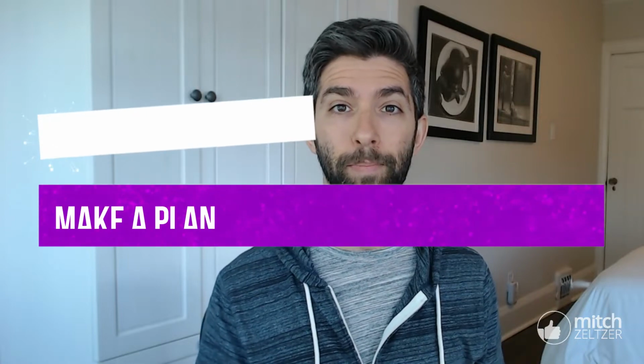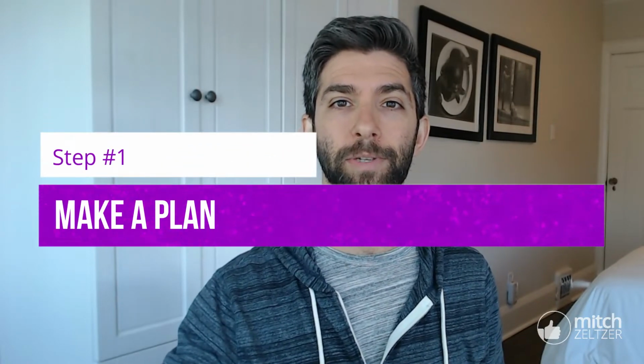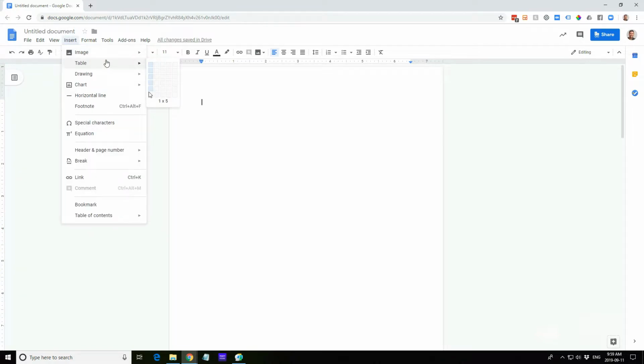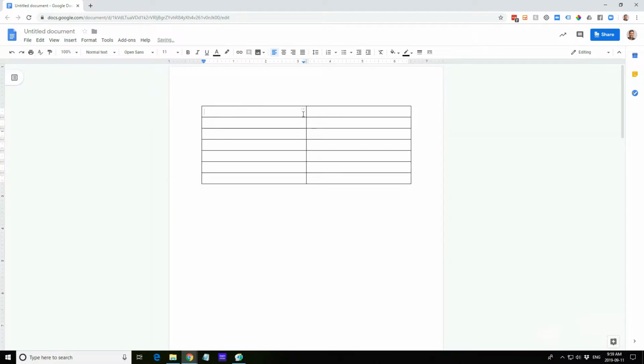Okay, so the first step in this process is just to make a simple plan. So I am actually going to switch my screen over and you're going to have a look at me building out a plan. So as you can see here, I start with a pretty blank canvas. And the first thing I'm going to do is I'm just going to insert a table, and to keep things as simple as possible, my very first step is just going to be to make a